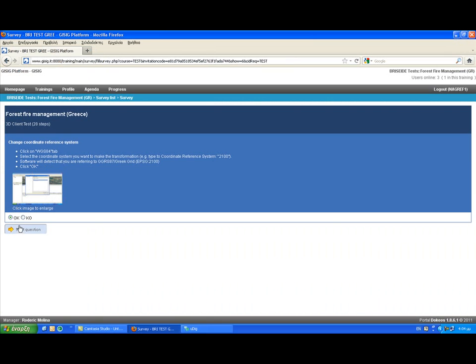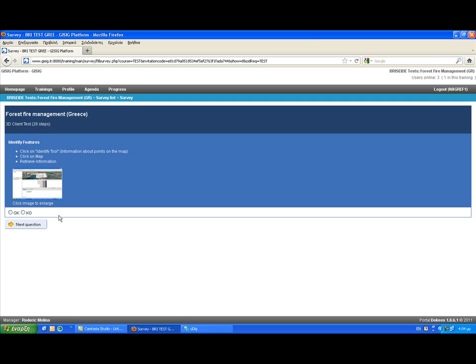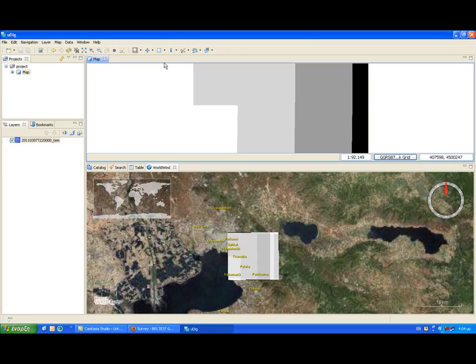I'm going to the next question. Check if coordinate system has changed. I have seen that, yes, OK. Next question. Click on identify tool, information about points on the map, and then click on the map to retrieve information. So I get into the GIS, I click on the identify tool, and then get on the map and click on a point on the map,